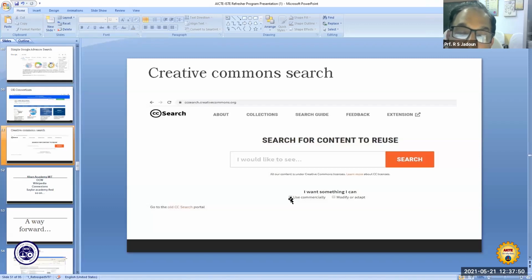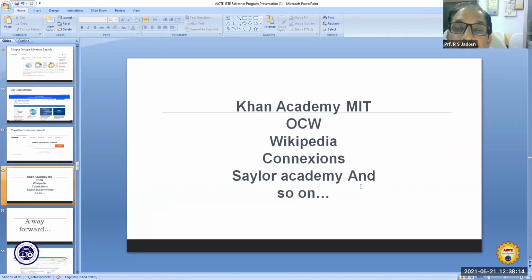If you click here, use commercially, it will screen the material for commercial use only. And if you take both, then it will search the material which can be used commercially, as well as modified and adapted. So in this way you can search this material.